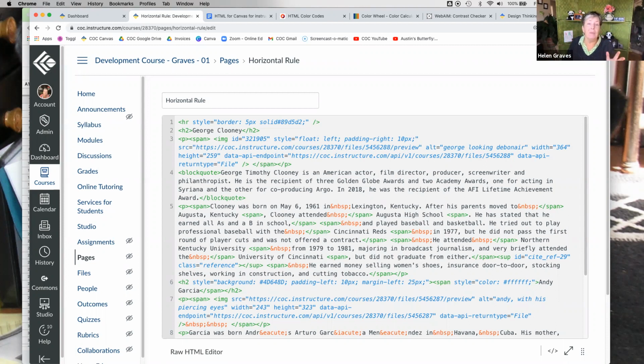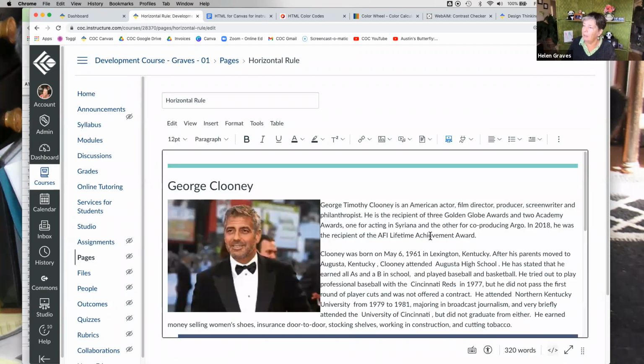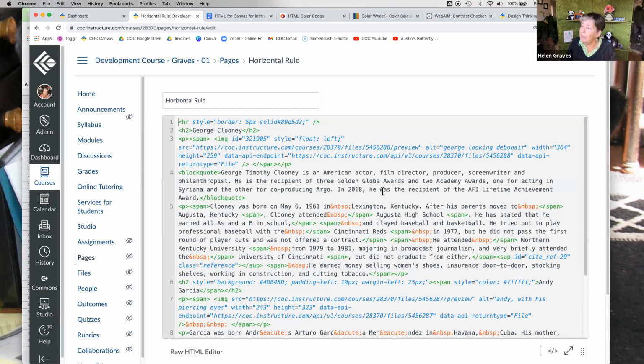If something isn't rendering properly, let's say I forget my semicolon. So I've got float left, padding right, 10 pixels. And then I come here and it's not working. I'm going to go back and look really, really carefully.